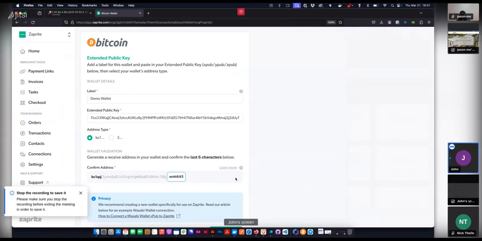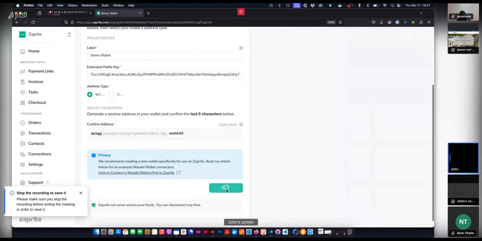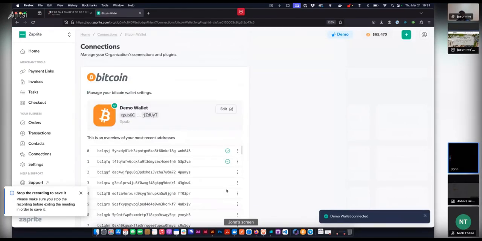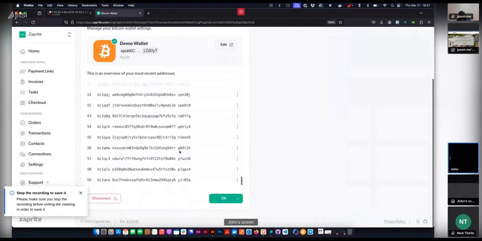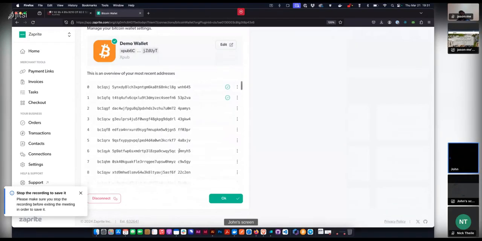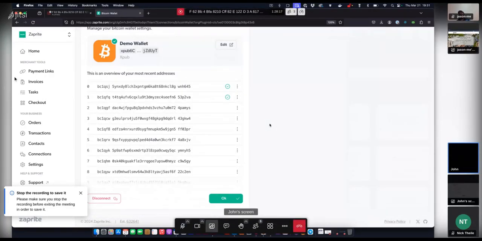And then what we do at that point is we basically derive the first 100 addresses, from index 0 to index 99, and we show them all there. The reason we do that is you can then actually see those addresses and see which ones we're using as you generate invoices and payment links and things. You can have a little bit of confidence that we're correctly deriving the addresses and using the correct ones. So if you create a checkout and you hit it, you might not see index 0,